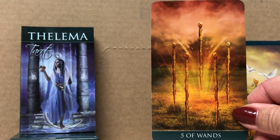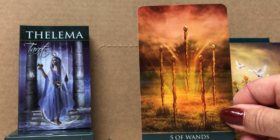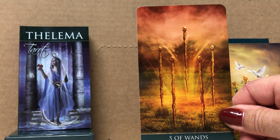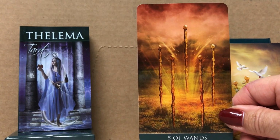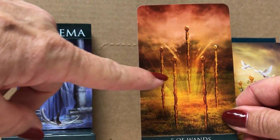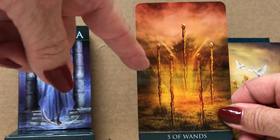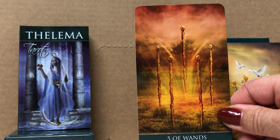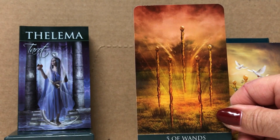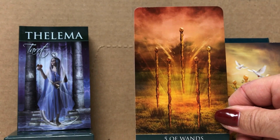All right, Five of Wands. A little instability here. There are a lot of creative forces at work. And I kind of regard this as a brainstorming card. Sometimes there are people in the Five of Wands. There's no people in this particular deck. And they'll show them fighting with their staffs. But I always regard this card more as a lot of people with good ideas who are brainstorming,